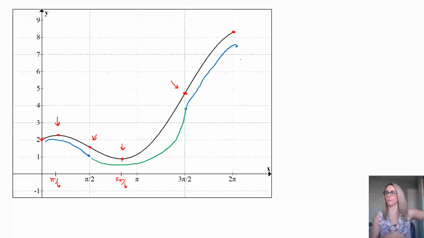But what's going to happen now is that this function is just going to continue up. Because as x gets bigger, when x is 2 pi, which is 2 times 3.14, so 6 something, that 2 cosine x is just not going to affect that first part of the original function, x, as much. And so it's just going to keep getting bigger and bigger. So it only has its changes happening there in the beginning. But that is an example of a function that has a trig part to it that we can graph and take a look at. And that's the end of section 3.5.